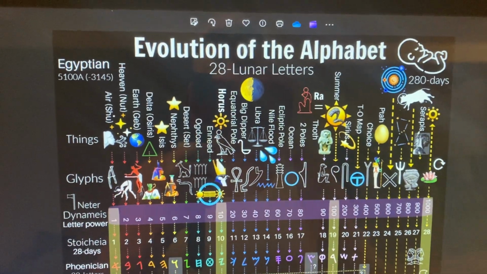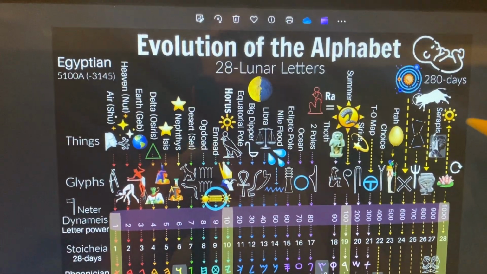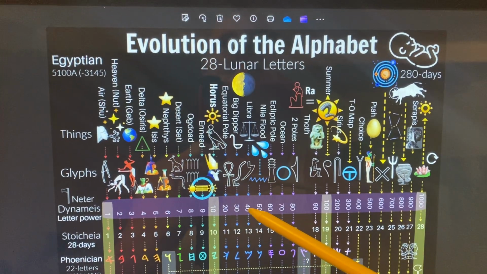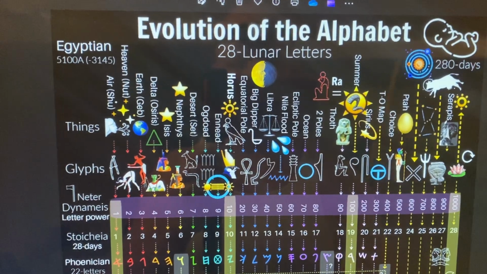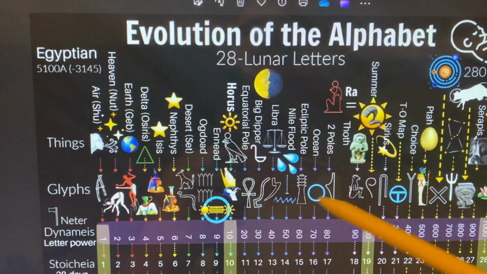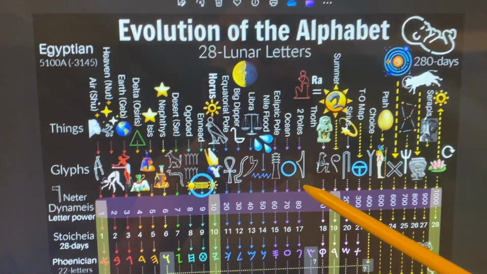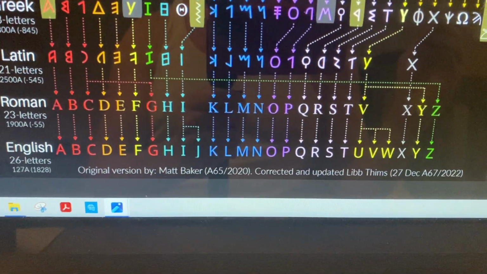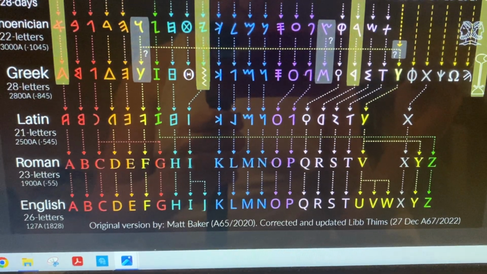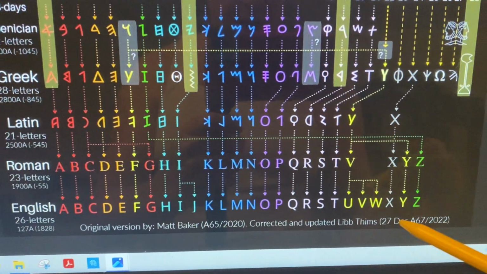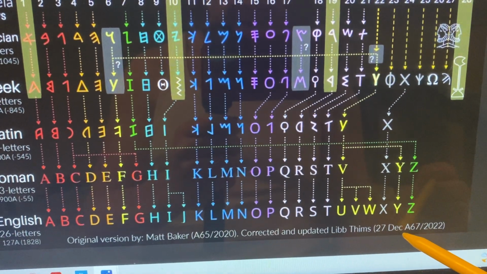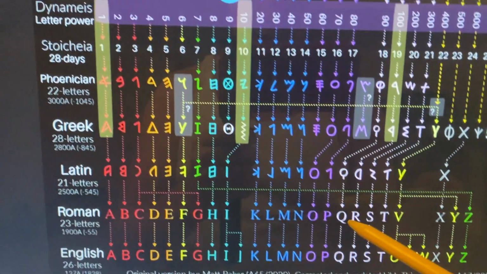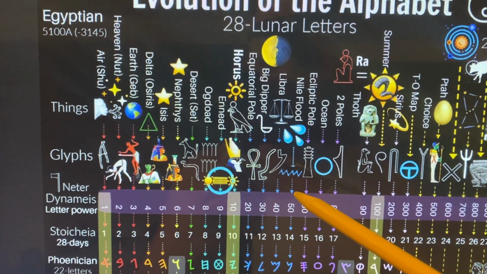Here is the evolution of the alphabet diagram based on, or starting with, Baker's diagram, which I made 1 year and 5 months ago. The errors in this chart, made on 27 December A67, are that